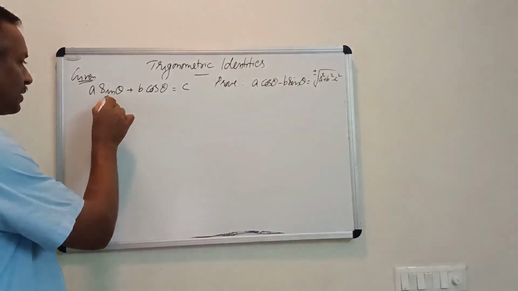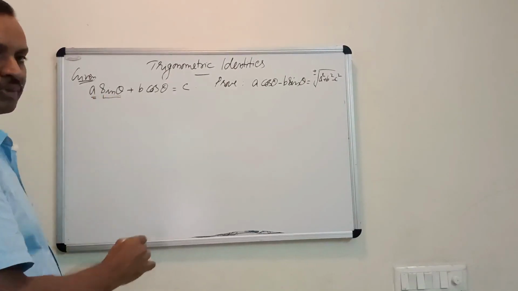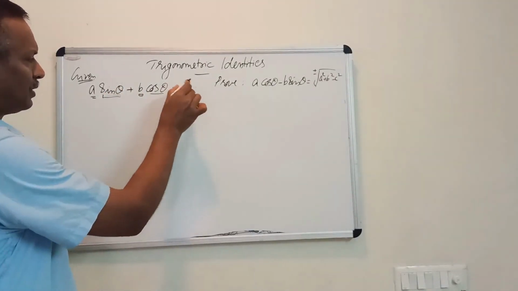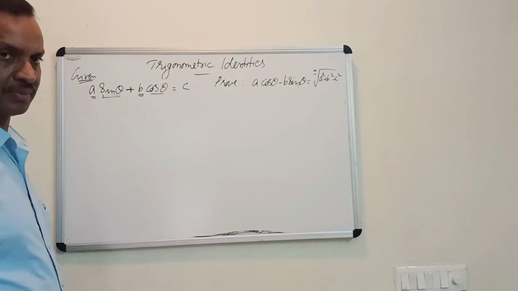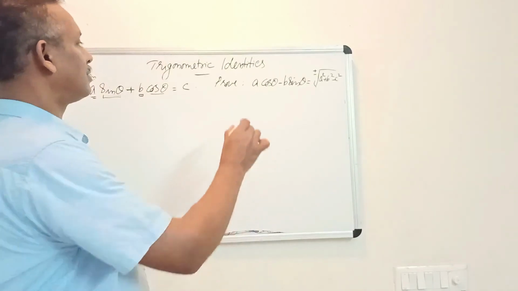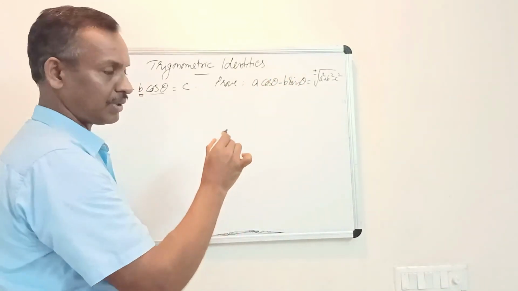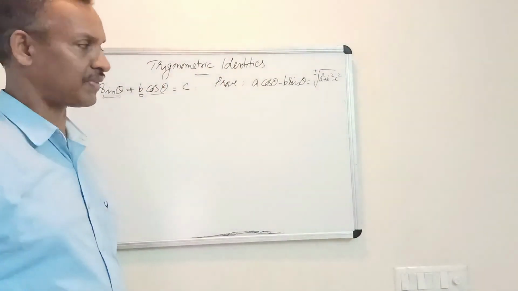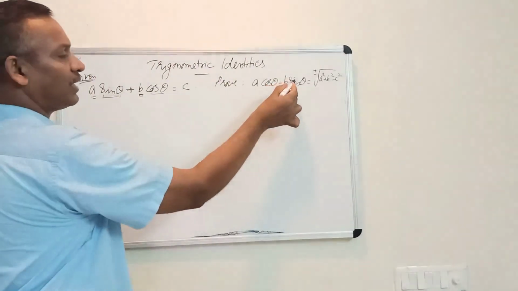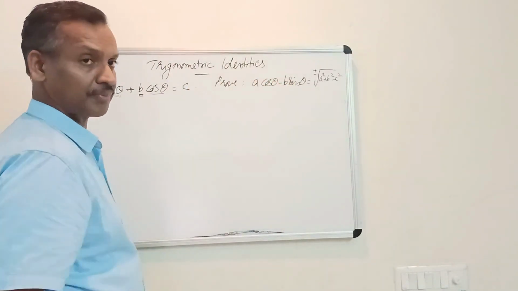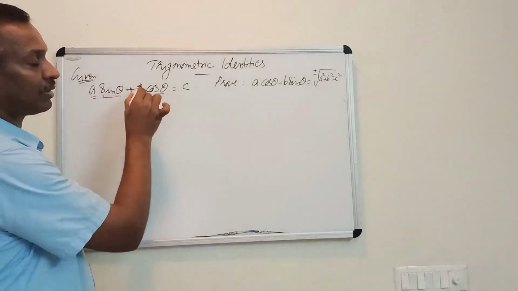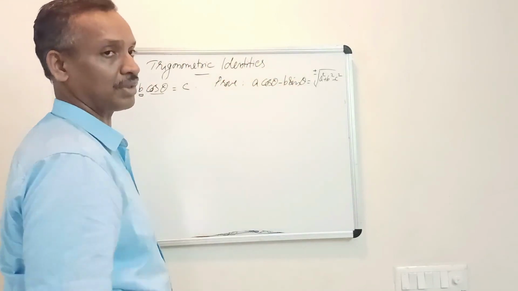Okay, next is a particular type of question in which the coefficients of sine and cos are given. For example, with sine its coefficient is a and cos coefficient is b, and its value is given as c. They are connected through a plus sign. And you have to prove that a cos theta minus b sin theta. But the difference between the given and the proof is that the coefficient of sine is a here. In the next one, that a goes to the cos coefficient, and whatever is the coefficient of cos theta in the given, that is b, goes to the coefficient of sine in the to-prove part.